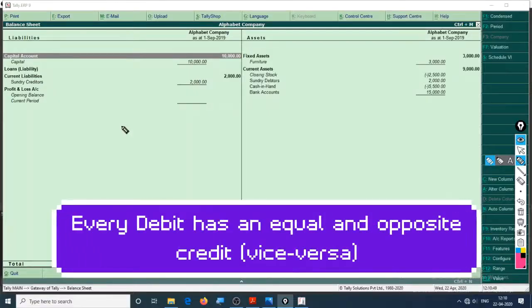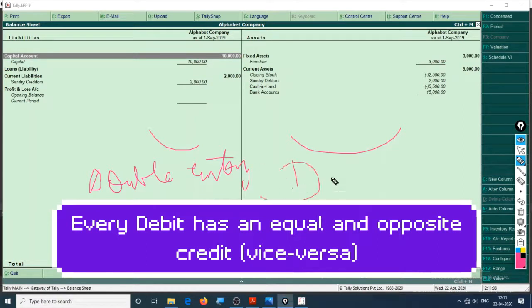Now, why am I showing you this balance sheet again and again? Just to show you what a double entry accounting system is. That is, if one account is debited, another account has to be credited.